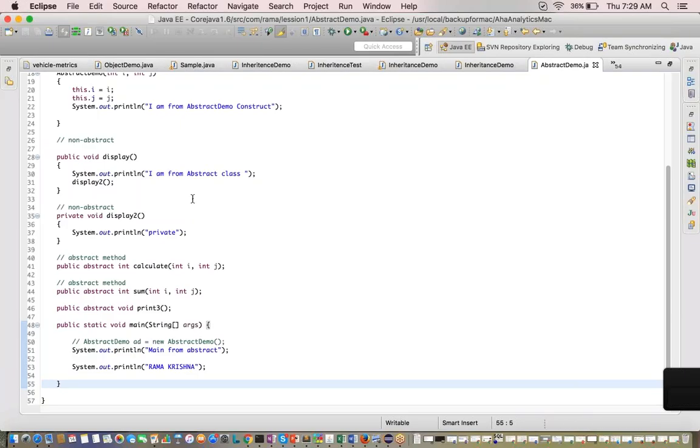Right? If you have a requirement where you want to execute only the abstract class with the main method, we can go like this. We can execute or enter into the abstract class by using the main method. There is not much use of it. We never write a main method in abstract classes. In real time, we never write this kind of main method in